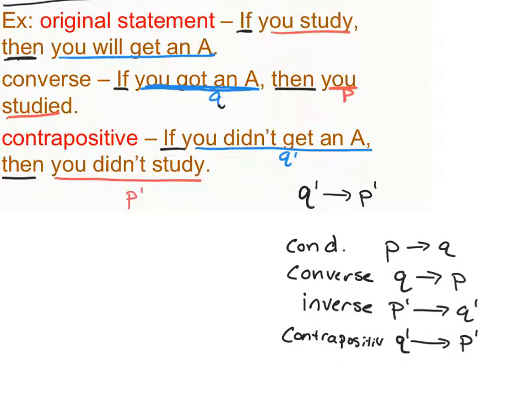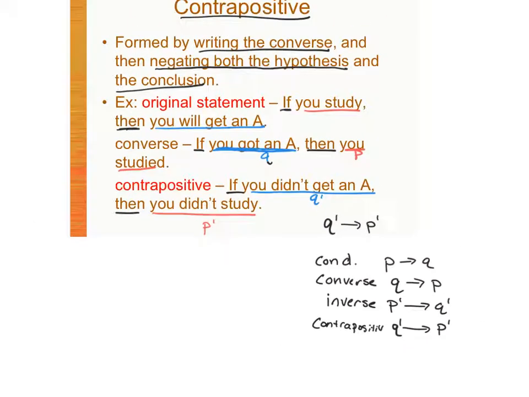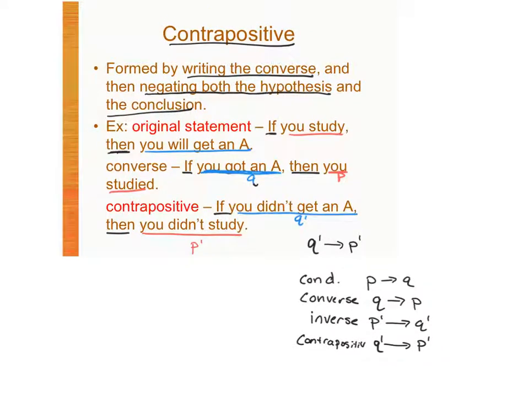So the P's and Q's are a short way of writing it. This is what you do to get them. The conditional statement looks like this, then you swap the order for a converse. You keep the same order and negate them for the inverse. You swap the order and negate them both for the contrapositive. So you can see where it's hard to remember this all if you don't start early. I'm going to leave it on pause while you copy this down.